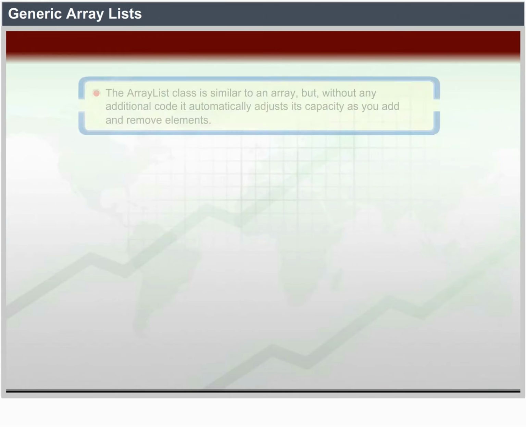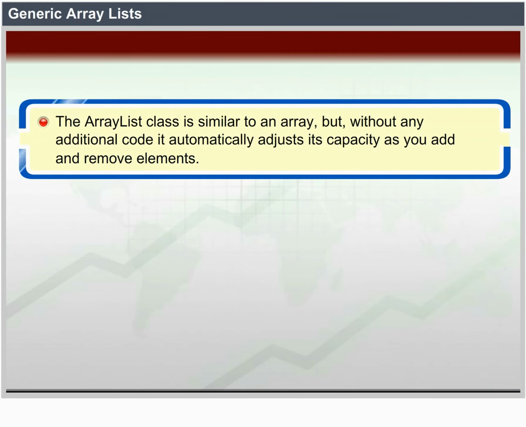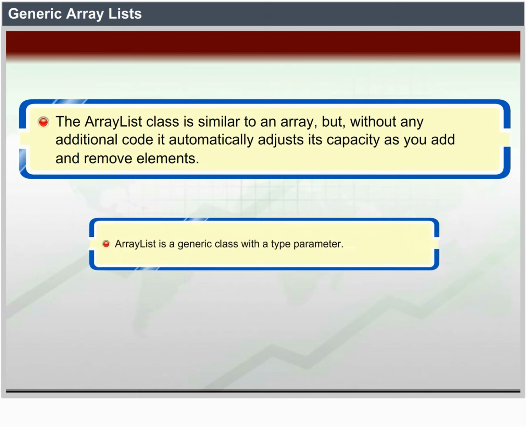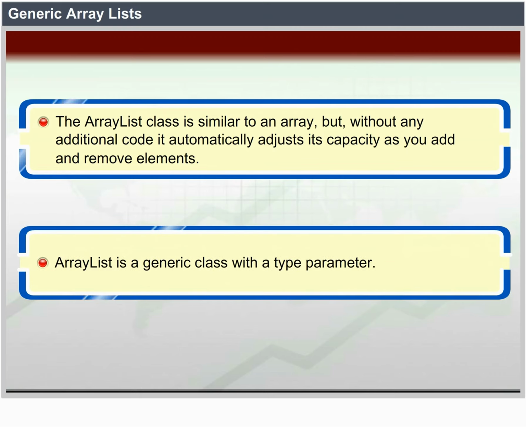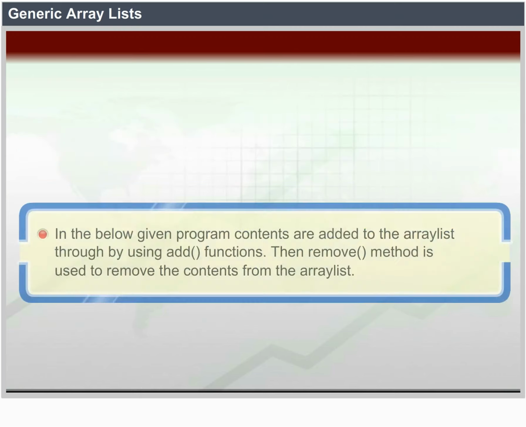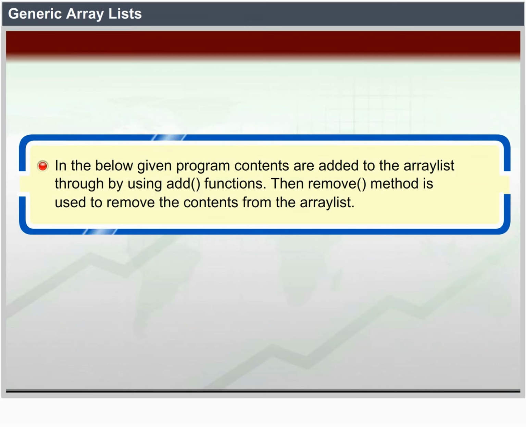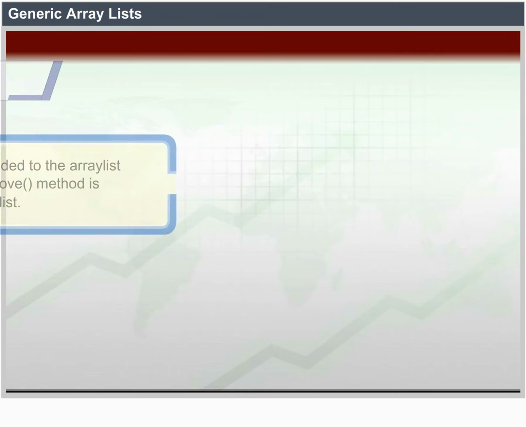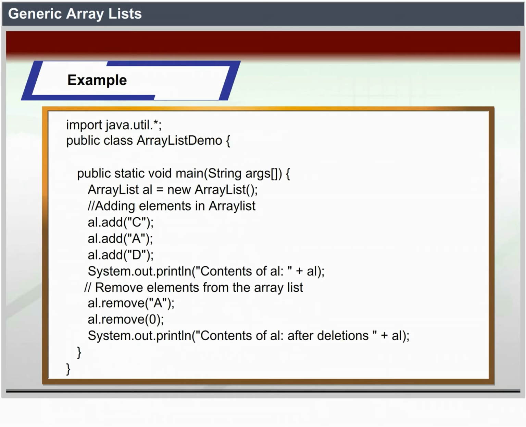Generic ArrayList. The ArrayList class is similar to an array but without any additional code to it. It automatically adjusts its capacity as you add and remove elements. ArrayList is a generic class with a type parameter. In the program given below, contents are added to the ArrayList by using the add function. Then the remove method is used to remove the contents from the ArrayList. For example,